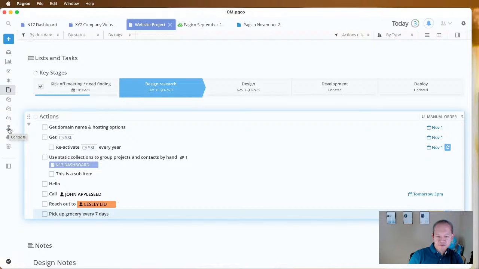Can you please confirm if Pagico has end-to-end subscription or a way to host data locally? Right, so I think you mean end-to-end encryption. I can confirm that Pagico does not have end-to-end encryption. Here's why. It's because anytime you're syncing data, our server needs to look at the data and do some kind of intelligent merging. I know that it doesn't sound like it's very much needed, but for team users, this is